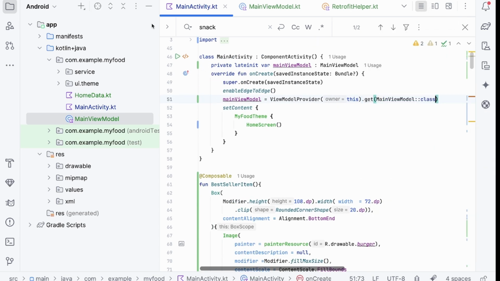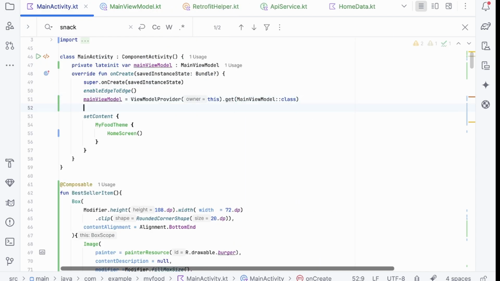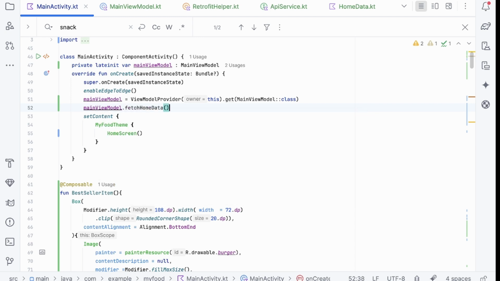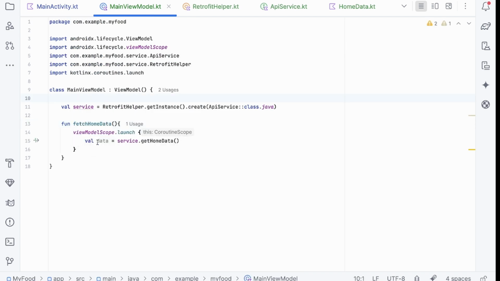Is it fine? And also we are going to fetch data. Once the activity is created, it automatically fetches the home page data. Okay,